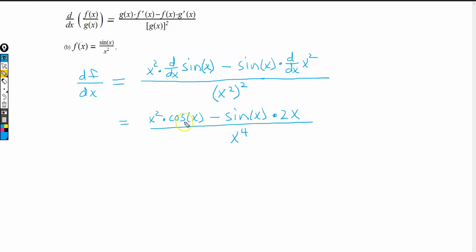And notice we can do some cleanup here. We can cancel an x in the denominator here with an x here and here in the numerator. So we can do this. That would become a 3. This x would totally cancel, and this exponent here would become a 1. And then we end up with